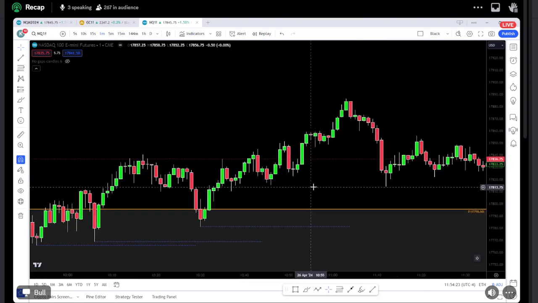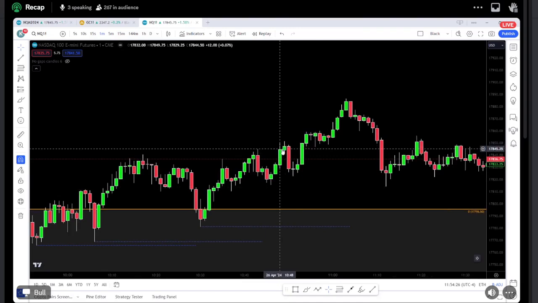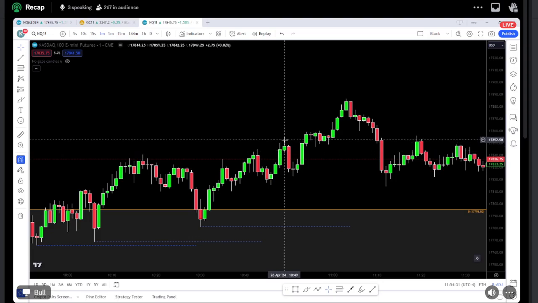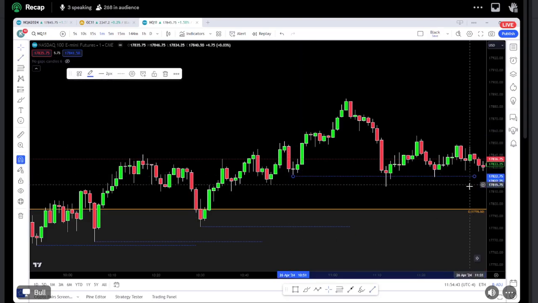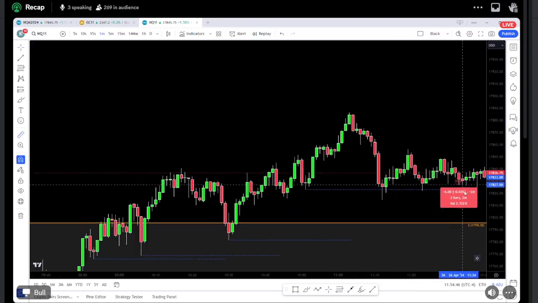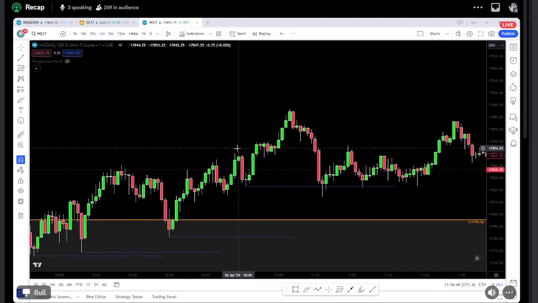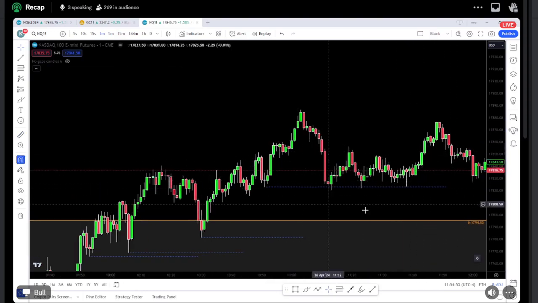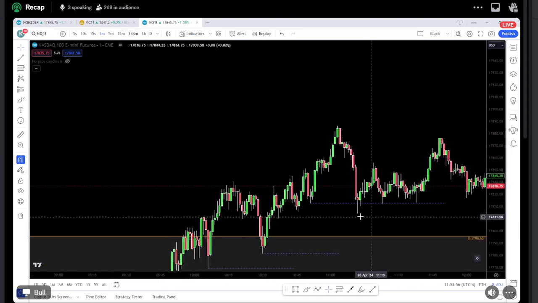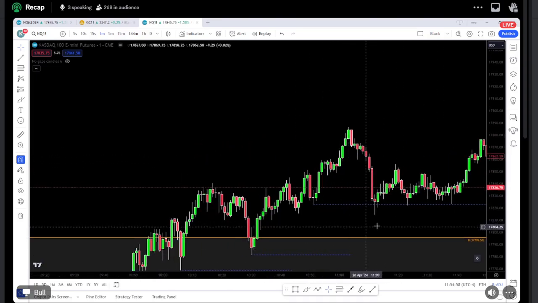Which then makes what? This our new high. Sorry, this one here makes this our new high. We trade up, we sweep, we actually close below here, putting in this low, which then delivers a new high. So where's our protected low now? Our protected low is here, right? It became protected when we closed above the prior high. And you guys are probably starting to connect the dots on why this led to higher prices later on. Okay, but let's continue on.